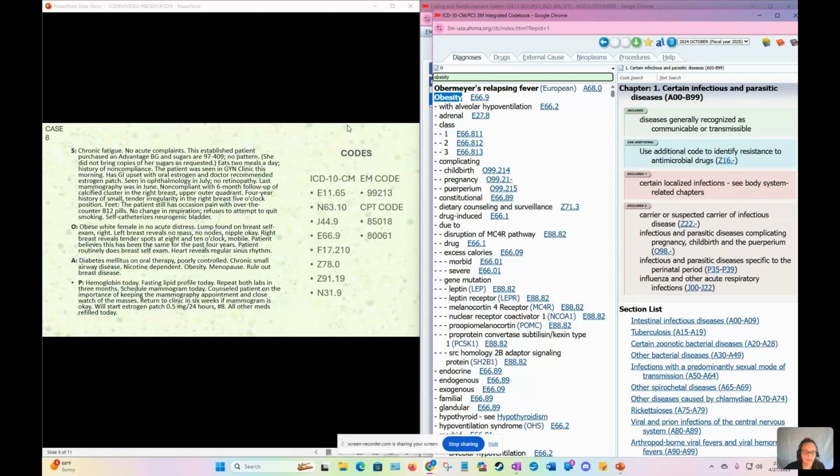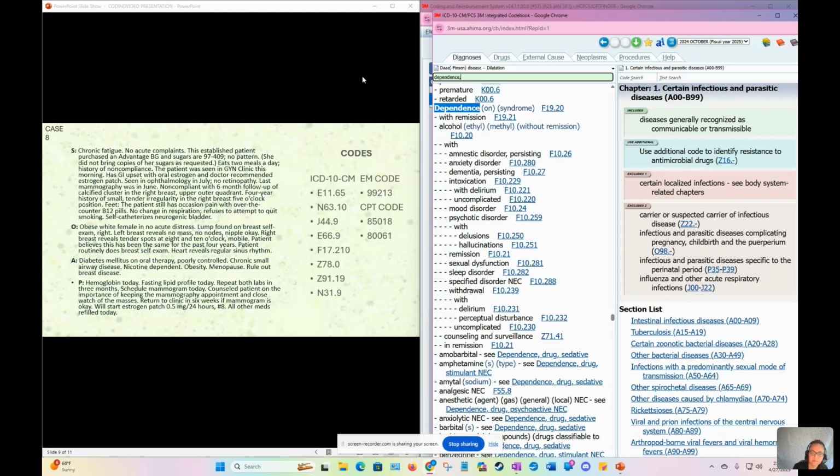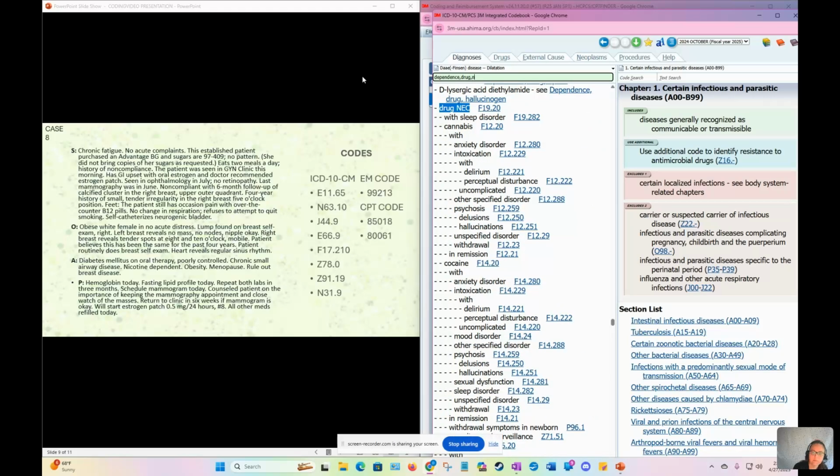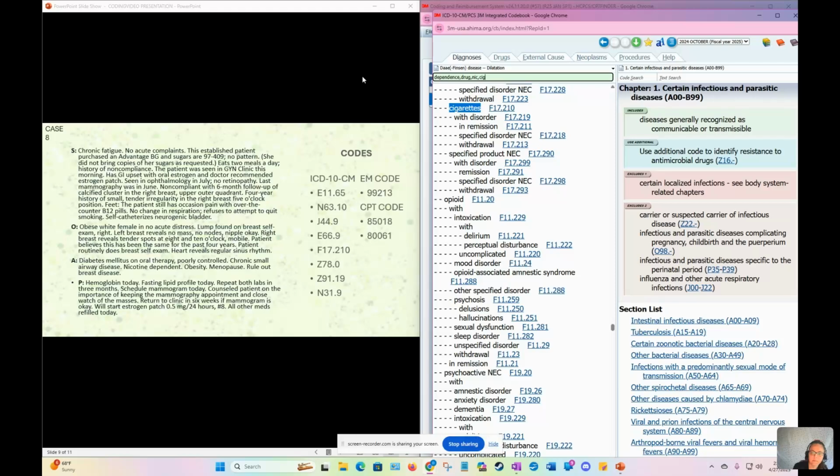No other information is stated here, so E66.9 is what we are going to use. Then we have the dependence on nicotine. Dependence on the drug, nicotine, cigarettes, to get the code